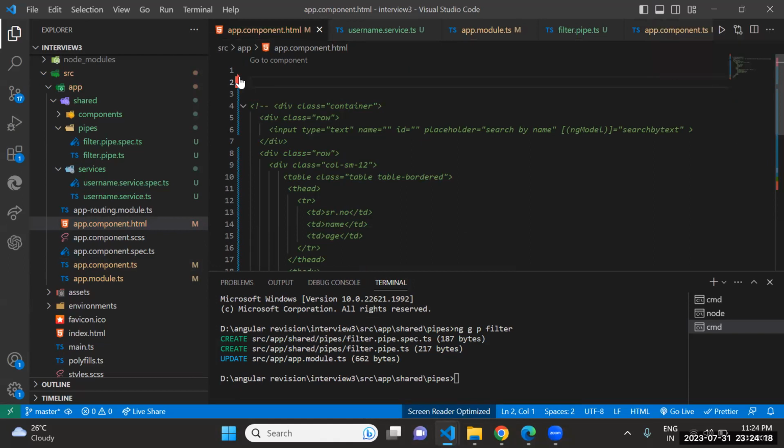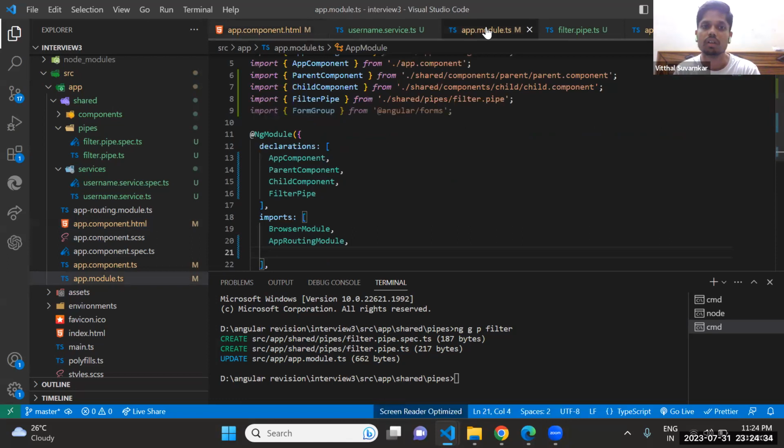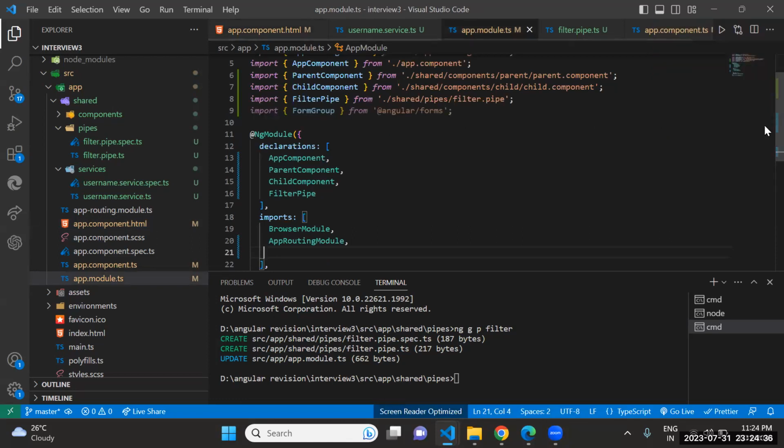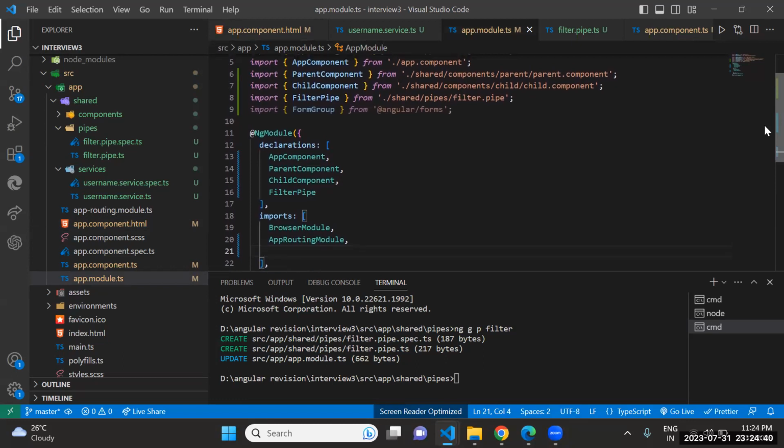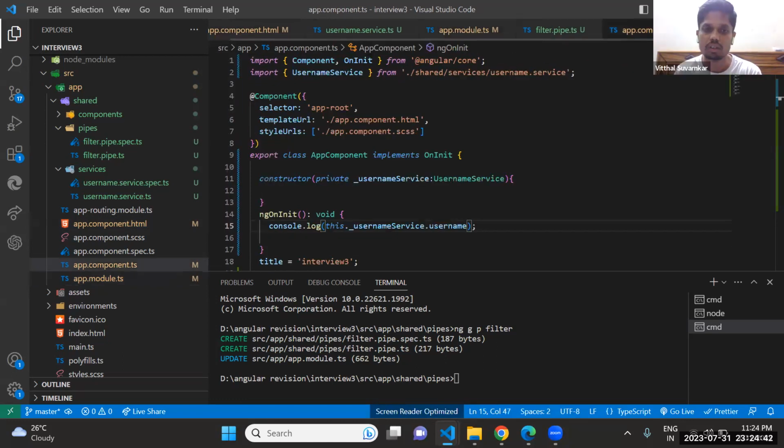Okay. No problem. Can you click on app.module.ts? Yes, sir. And you click again app.component.ts. Yes, sir. Yes, okay.